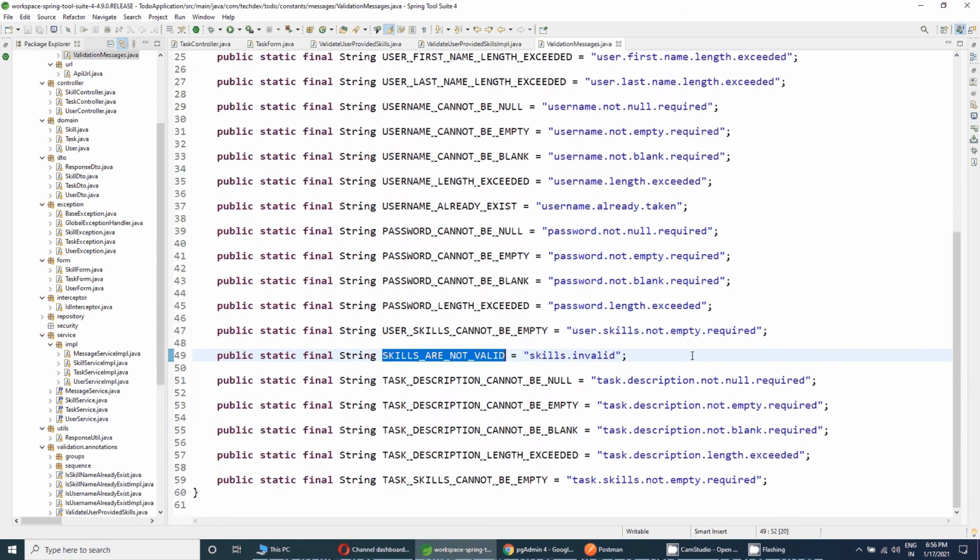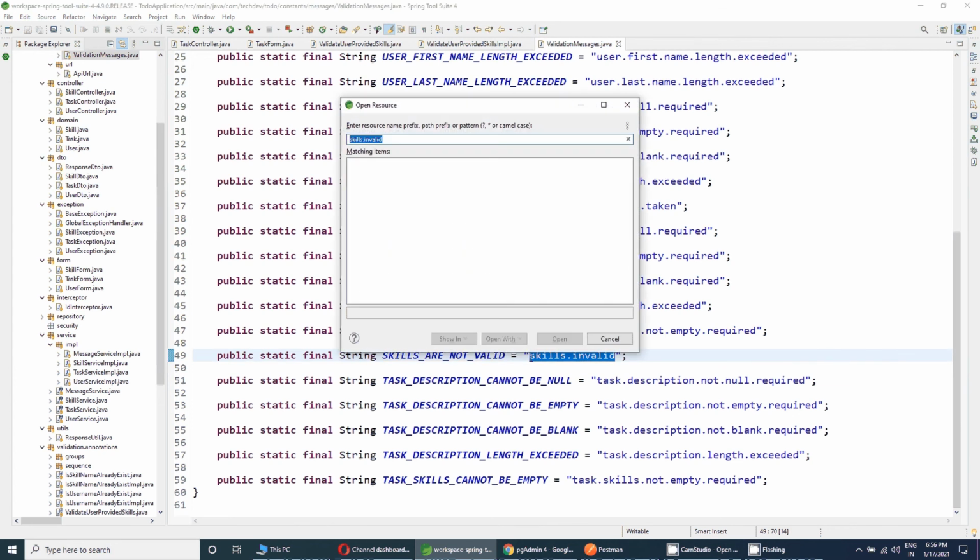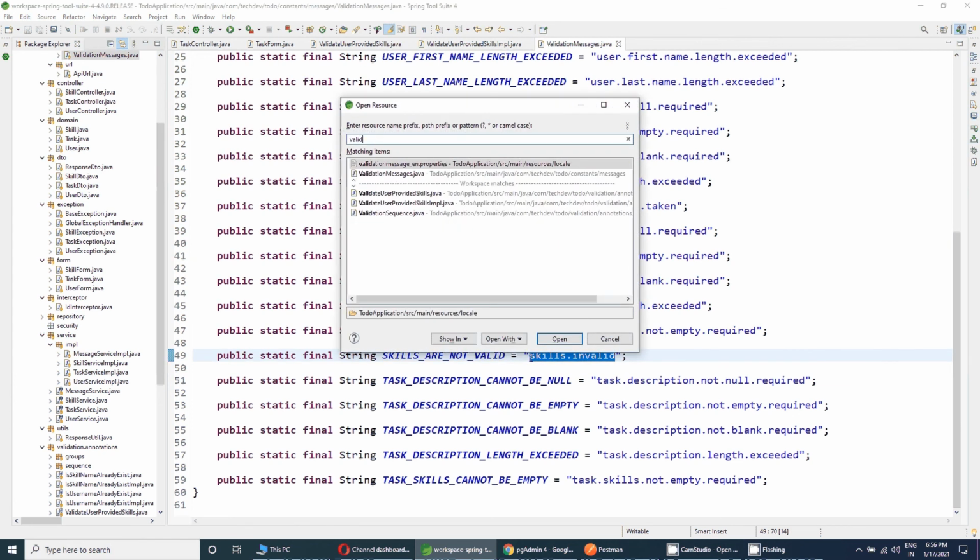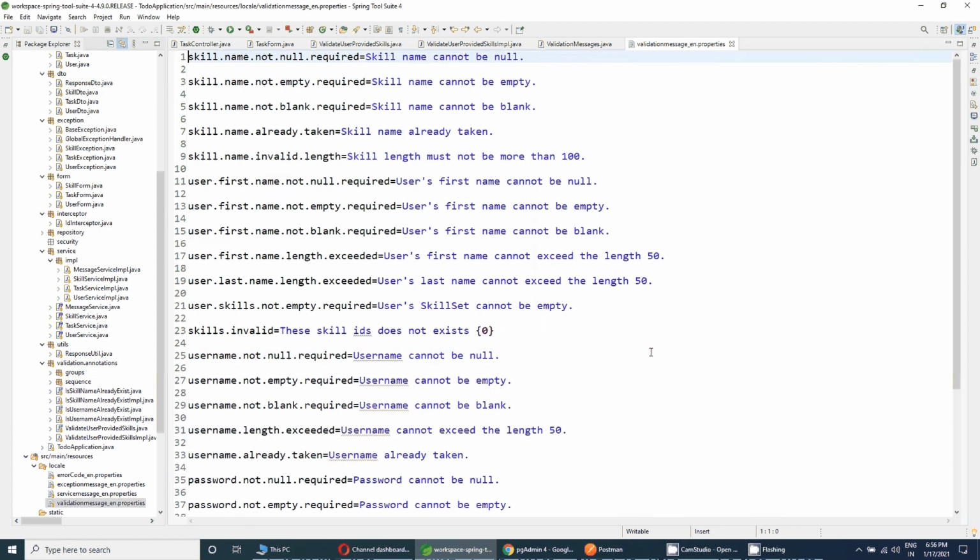If you see that key, skills invalid, let me open that validation message underscore en properties. In that, you have this skill message that these skill IDs do not exist, and we are passing the zeroth element of the array which will contain some data.